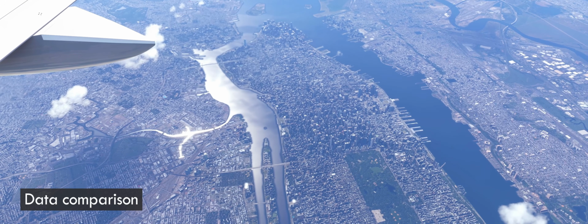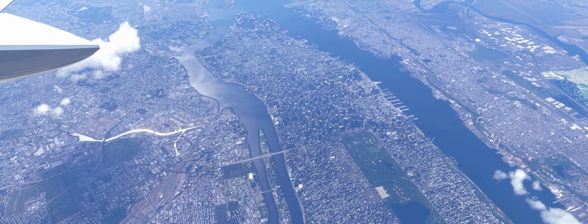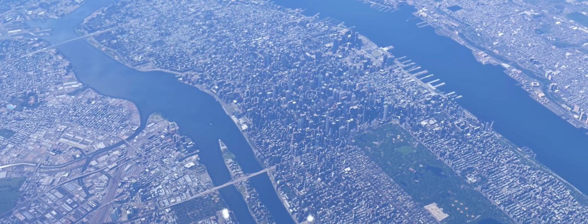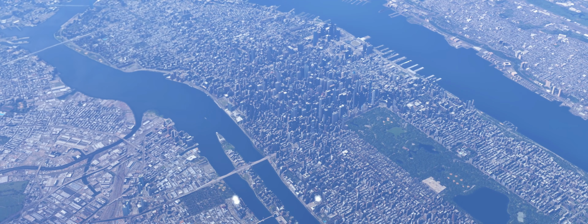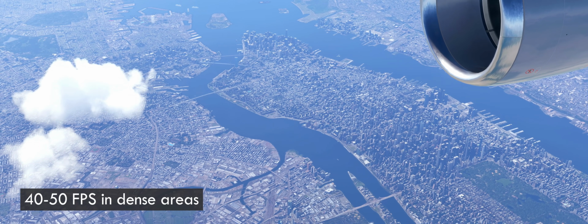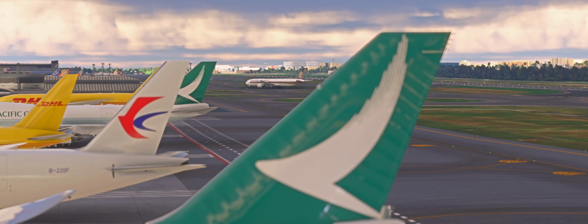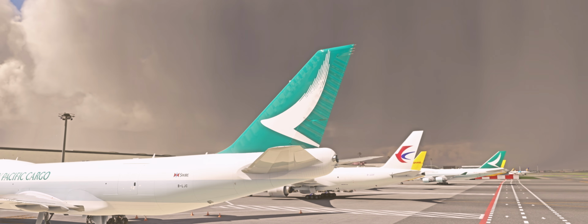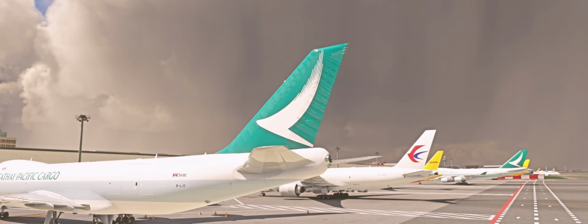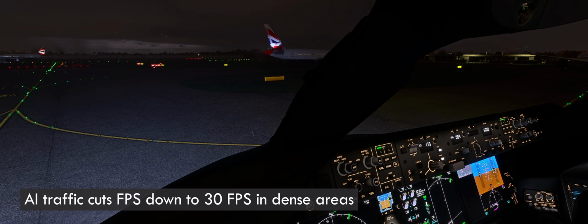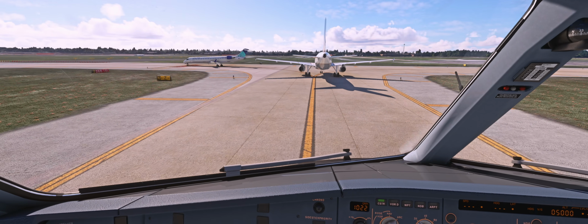Just so you have some data to compare, I have an i7-12700 and an RTX 4090 with 32 GB internal memory. In dense scenery areas such as New York, I get 40 to 50 FPS at 4K and terrain level of detail at 200. When I turn AI traffic on through FSLTL with stationary aircraft on the ground and no moving aircraft, it remains at about the same. When I turn AI traffic on with, for example, 50 moving aircraft, it goes down to just over 30 frames per second,